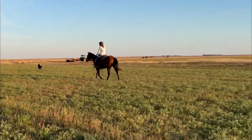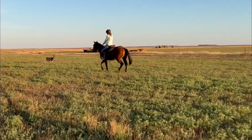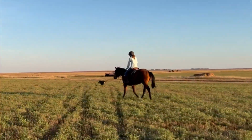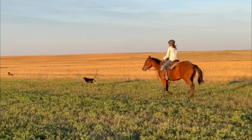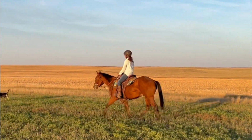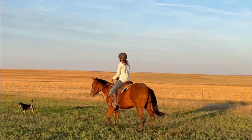So for one, this colt lacked a little bit of forward motion, and the reason is because this colt was raised out in the Badlands of South Dakota, and he has managed to keep himself safe and scar-free in the first 2 years of his life, so he makes pretty good choices already. And when they lack a little forward inside that 50-60 foot round pen, you want to get